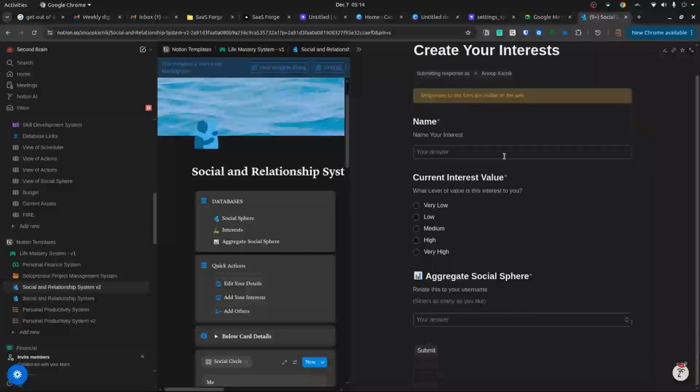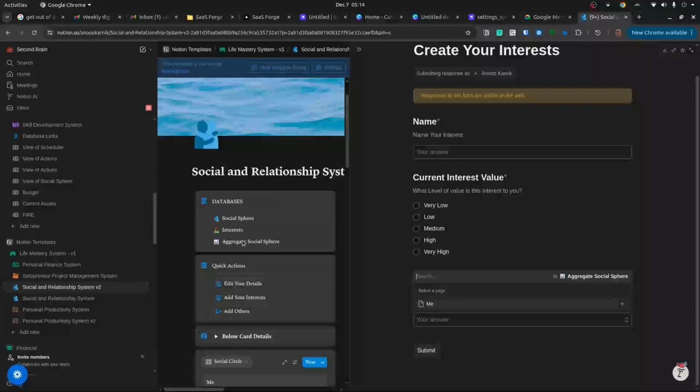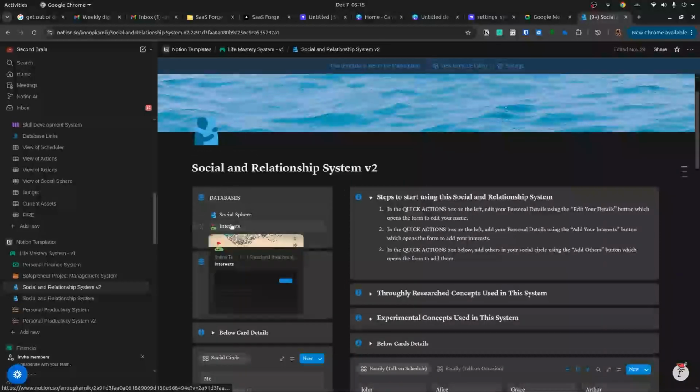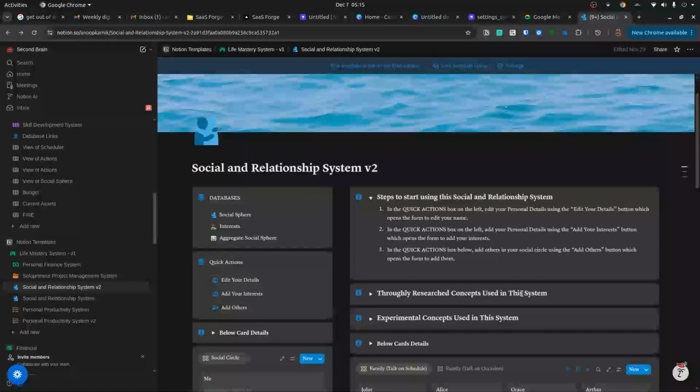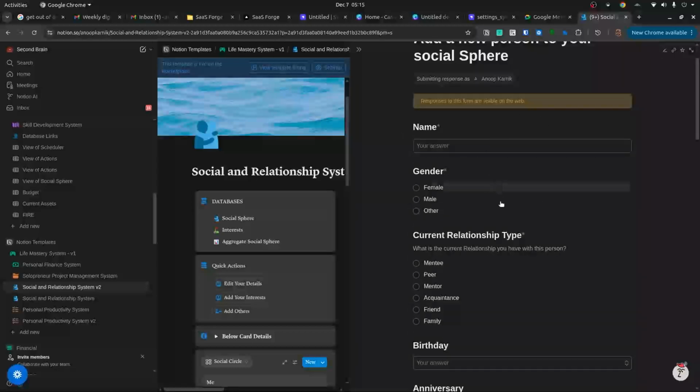In add your interests, you see name: what is the name of the interest? What is the interest value of the interest? And just relate it to this "me", or whatever name you have given. That will be visible as that's the only page in that database, in the aggregate database. You add that and submit, and the rest will be put in here. You can do it like that, or you can directly go to interests and add these. Now after doing that, you can add other people in there, their name, with gender,